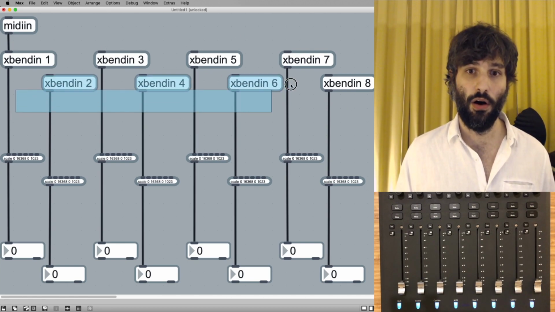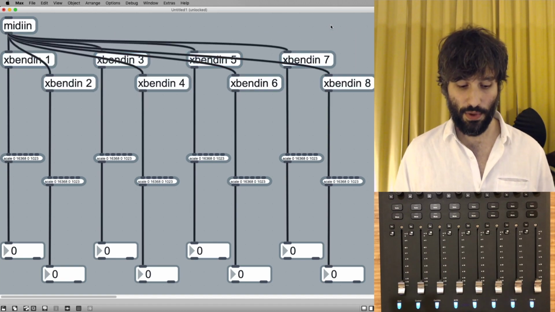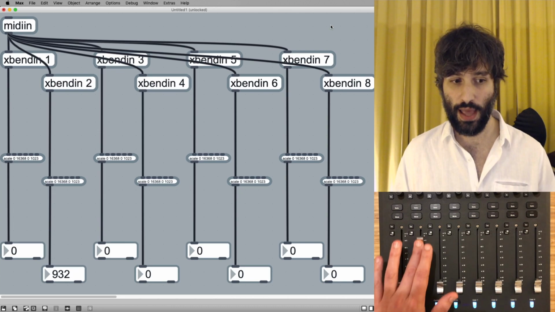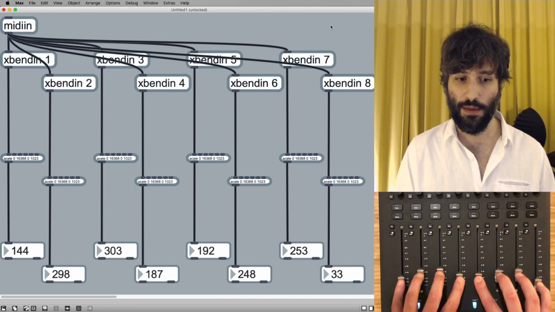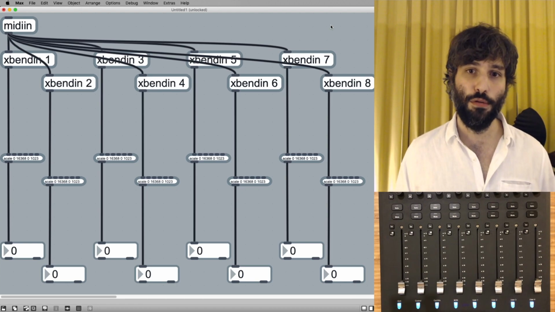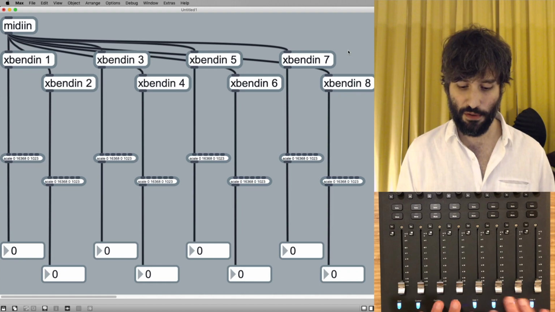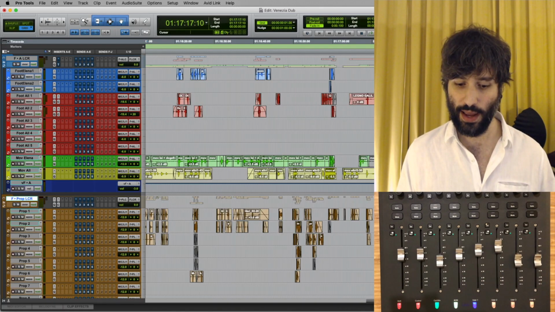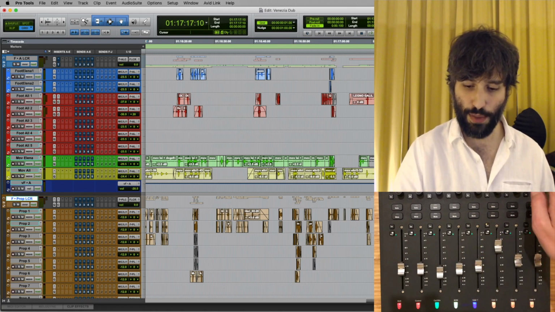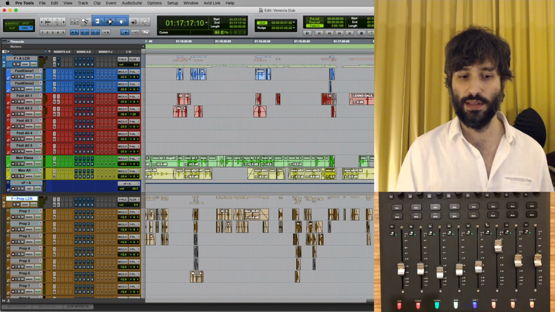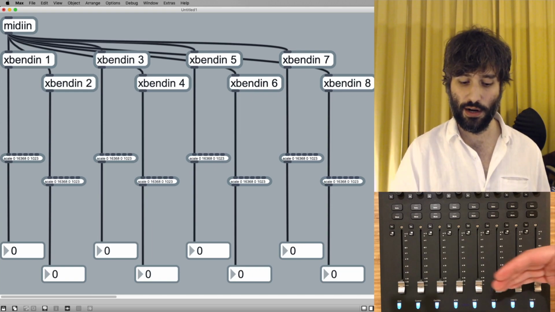I'm going to connect all of these to the MIDI in object. Now, each fader has its own lane, so to speak. You can, of course, move them all at the same time. And there are a couple of cool things here. First of all, if I jump from Max to Pro Tools or any other DAW, work in Pro Tools, move my faders, bank back and forth, and once I go back to Max, the motorized faders are still working.